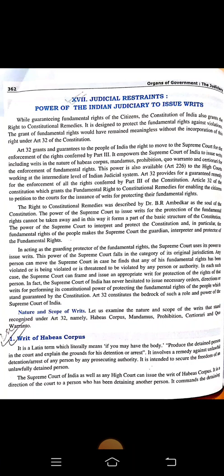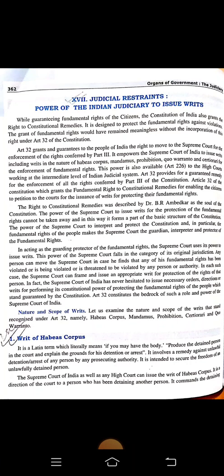The Supreme Court of India, as well as any High Court, can issue the writ of habeas corpus. It is a direction of the court to a person who is detaining another person. It commands the detaining person to bring the detained person to the court and explain the grounds of his detention. So habeas corpus is designed to secure the fundamental right of a person against